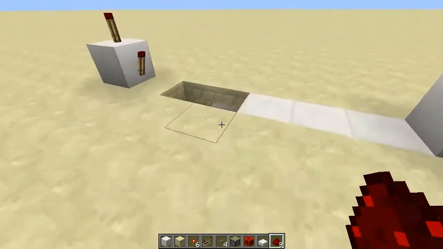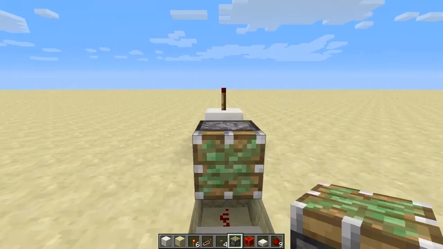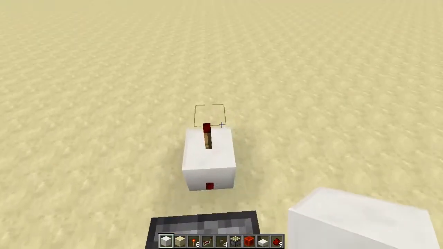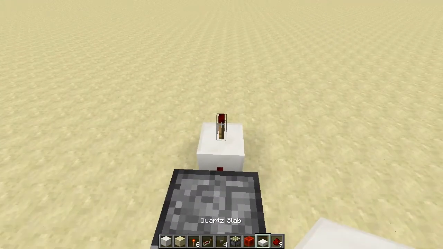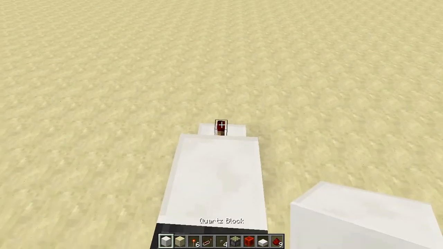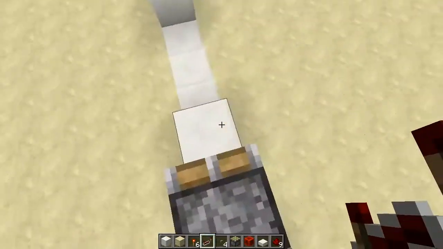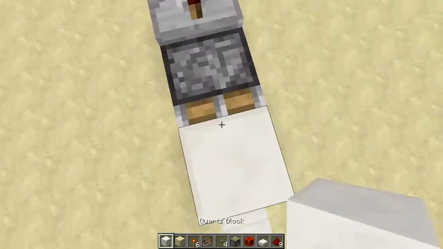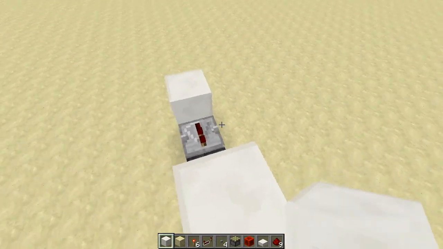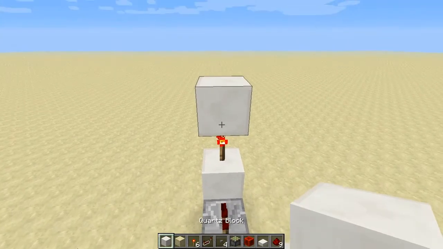That's that side done. The other side starts out exactly the same. So piston on top of that, block, upside down slab, and block, repeater facing in, and we build up another 1, 2, 3, torch on top of block, block on top of torch,